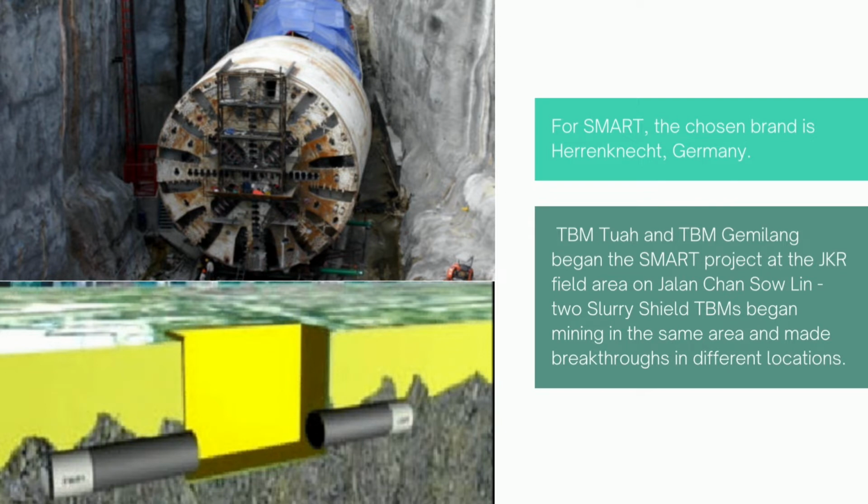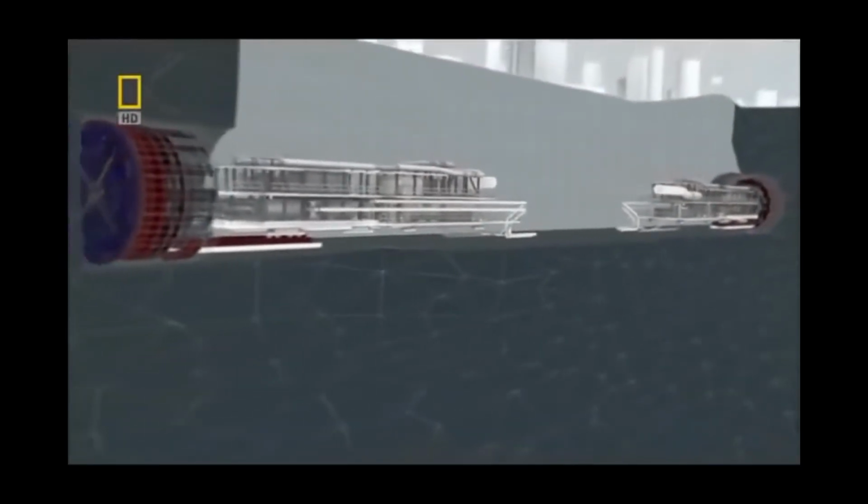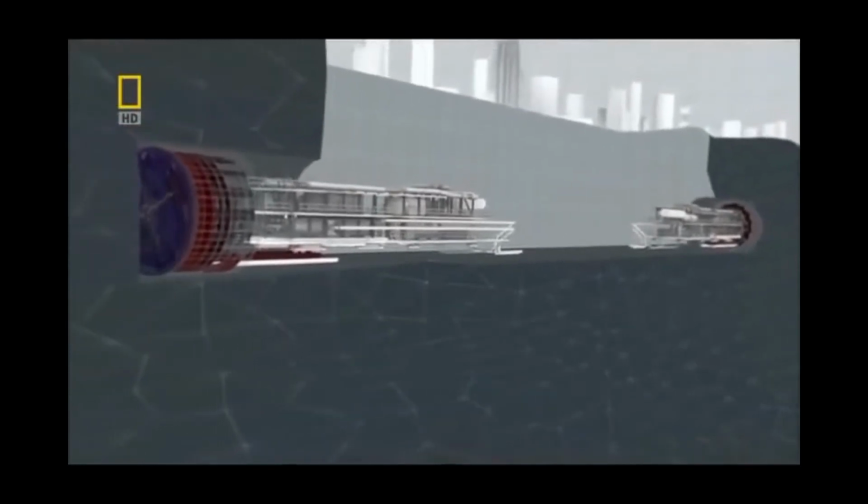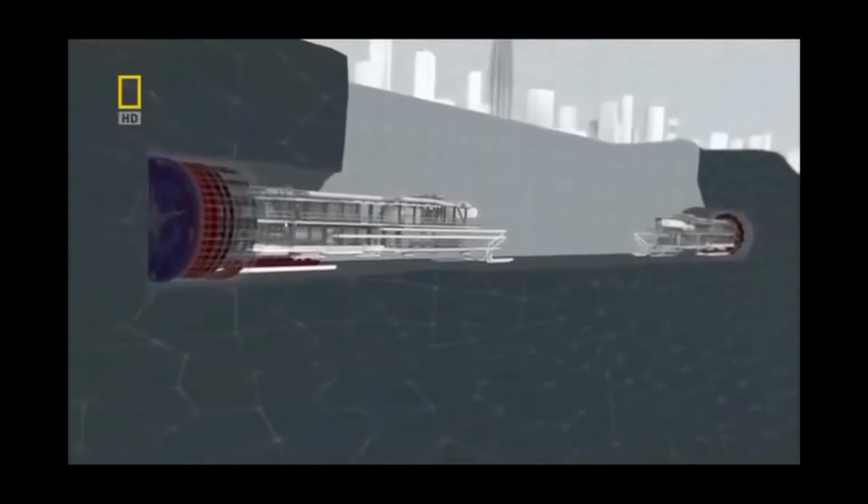The first one is named TBM Tua for the north side, and the second one is TBM Gemilang for the south side. TBM Tua and TBM Gemilang began the SMART project at the JKR field area at Jalan Chan Sow Lin. The two slurry shield TBMs began mining in the same area and made breakthrough in different locations.